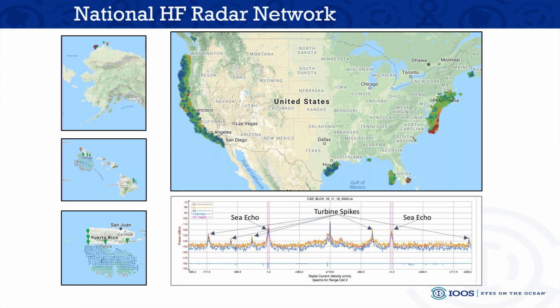All right, I guess it's my turn. My name is Derek Snowden. I'm the Chief of Operations at the Integrated Ocean Observing System program, which is in NOAA's National Ocean Service. We're an interagency program for which NOAA is the lead federal agency, and our mission is to produce, integrate, and communicate ocean and Great Lakes information to meet the safety, economic, and stewardship needs of the nation.